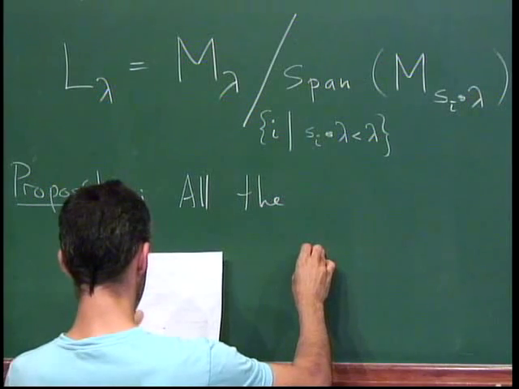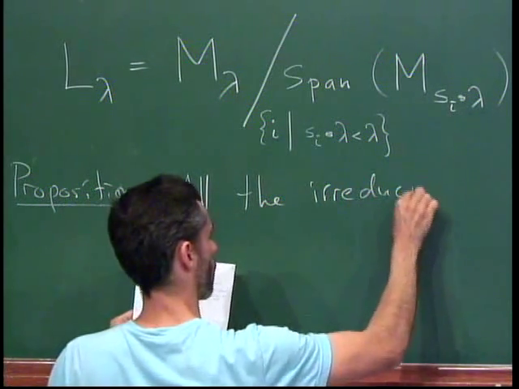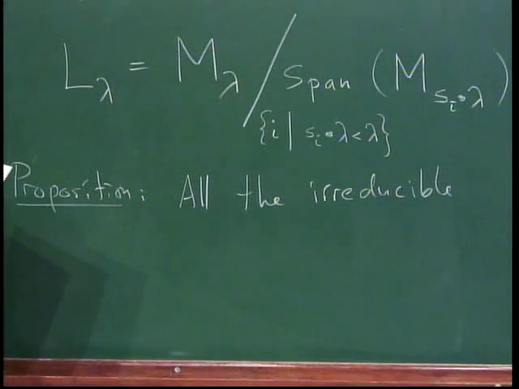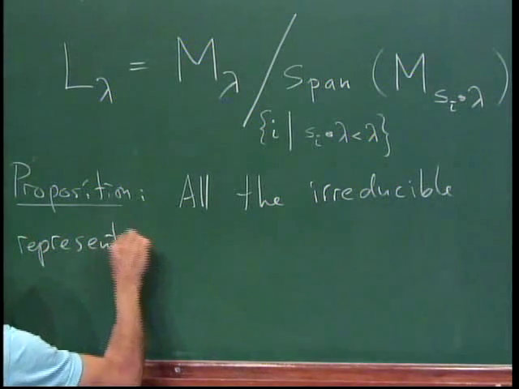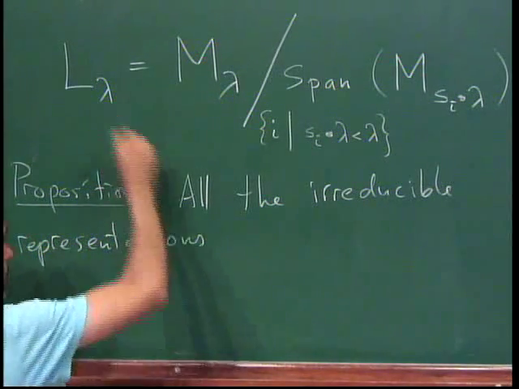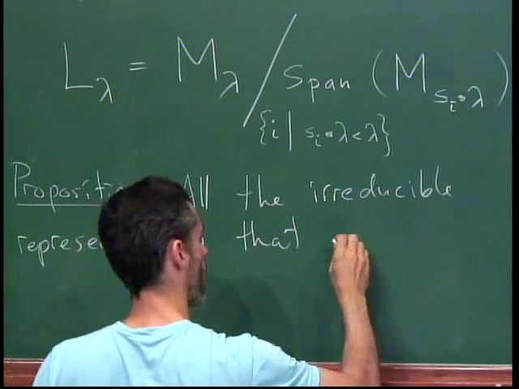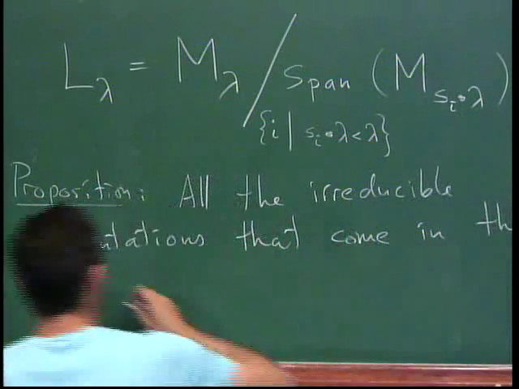all the irreducible representations that come in the